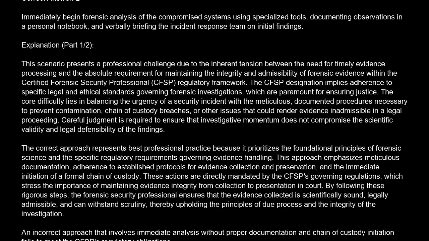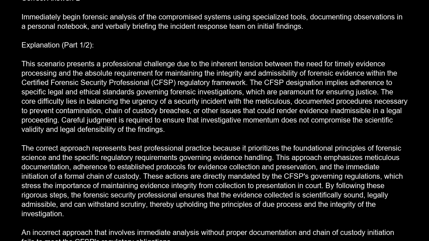Correct answer is B. Immediately begin forensic analysis of the compromised systems using specialized tools, documenting observations in a personal notebook, and verbally briefing the incident response team on initial findings. Explanation. This scenario presents a professional challenge due to the inherent tension between the need for timely evidence processing and